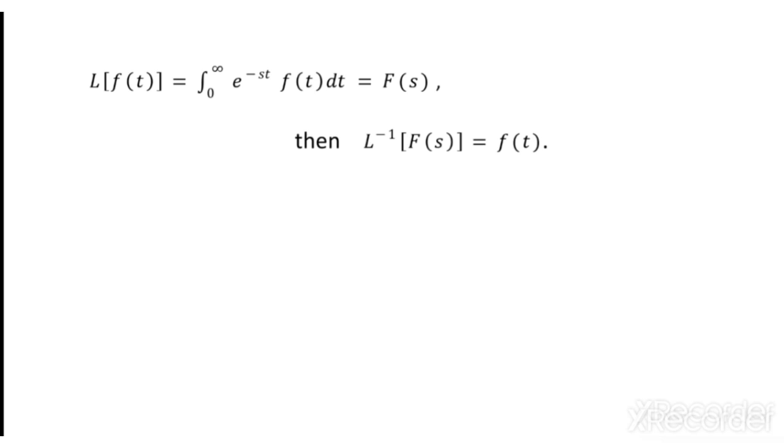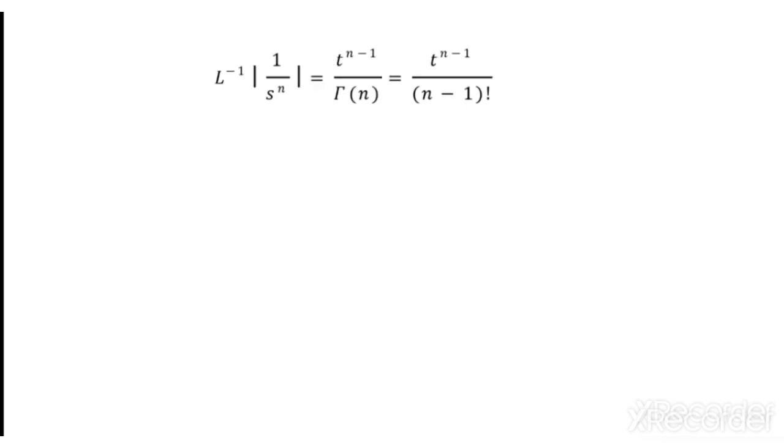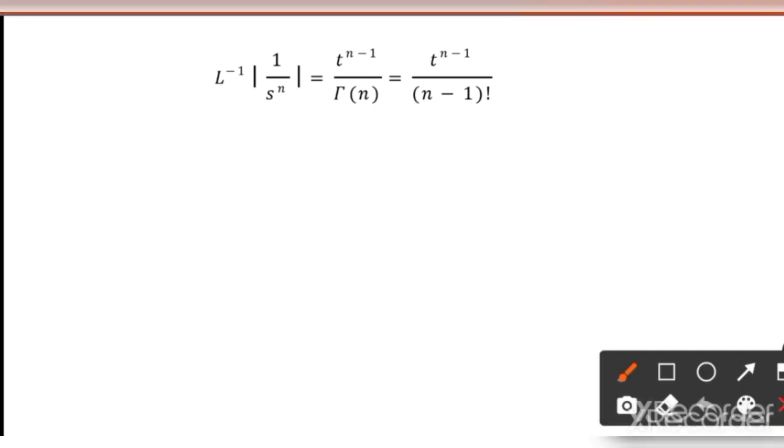So here we have the first result: L inverse of 1 over s power n is t power n minus 1 by gamma of n, and you know that gamma n is nothing but n minus 1 factorial. Thereby L inverse of 1 over s power n is t power n minus 1 by n minus 1 factorial. You have to remember this,